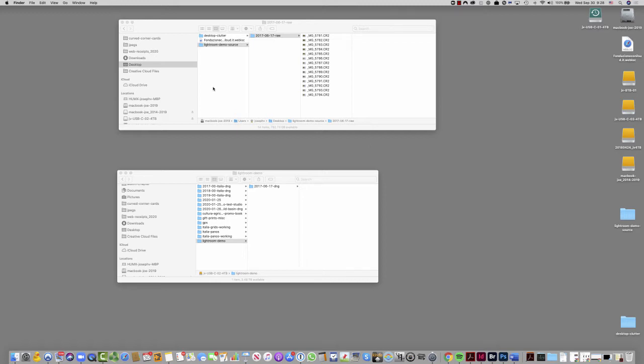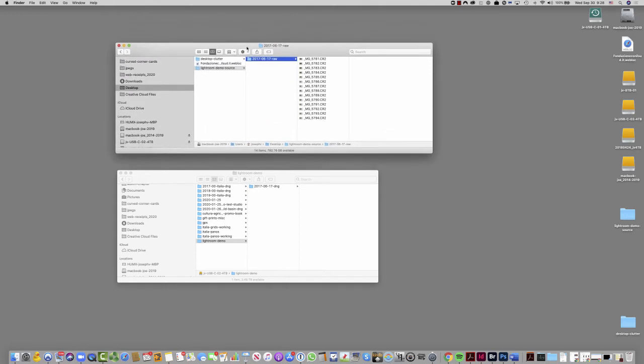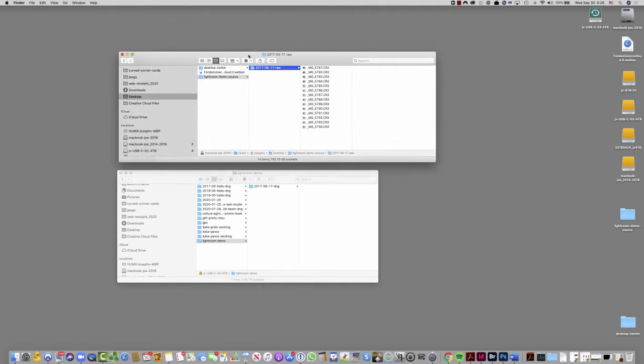Before we even get to Lightroom, we want to set up, and as you can probably see by the interface, I'm working on a Mac. You want to set up a directory structure to keep track of your pictures. I just put my images from my camera here on my desktop, Lightroom demo source, and then I've given the folder that I'm placing the pictures in the International Standards Organization